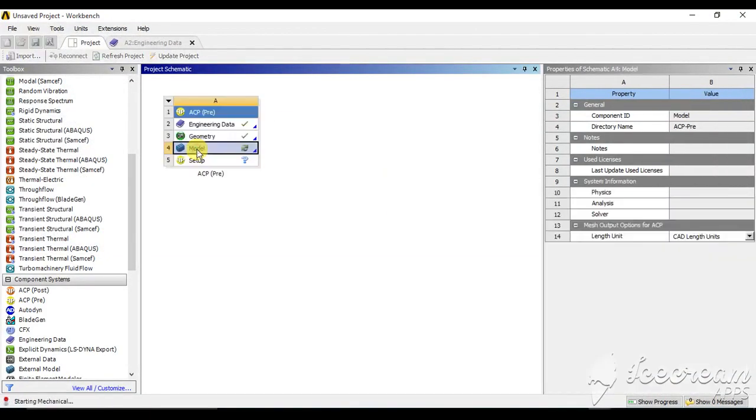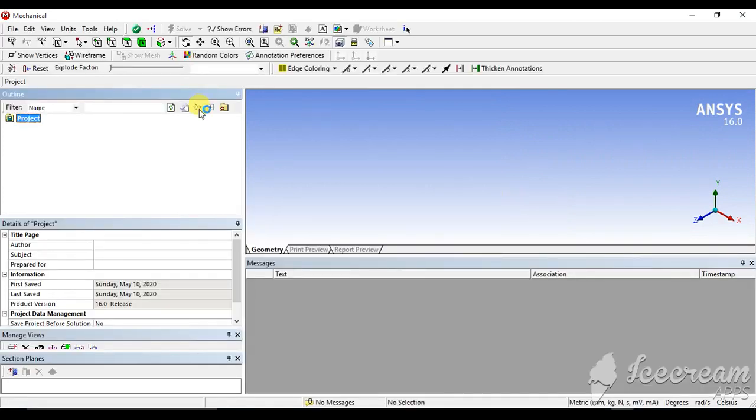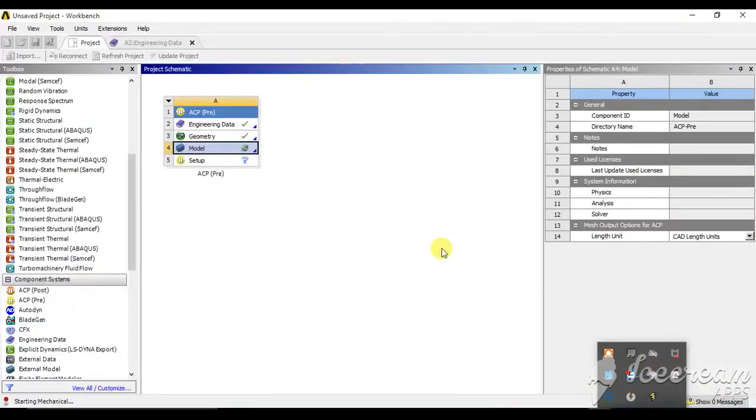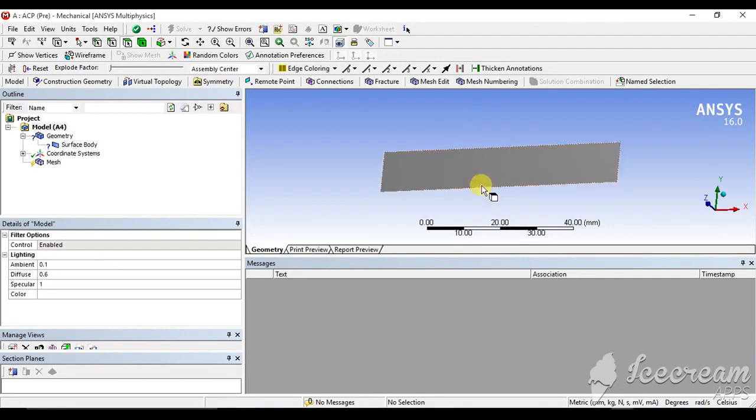Now double click on Model. Now we will go to the geometry.